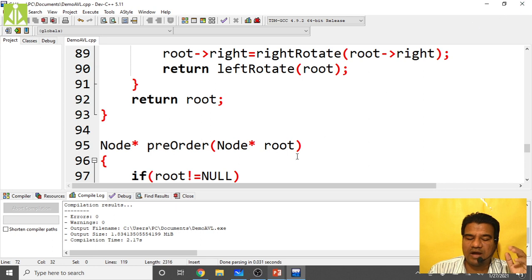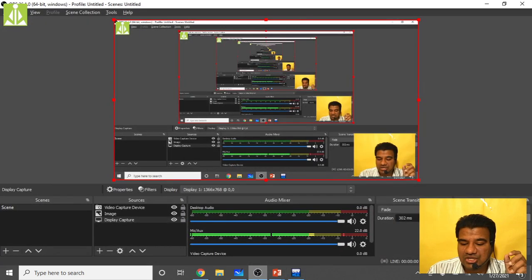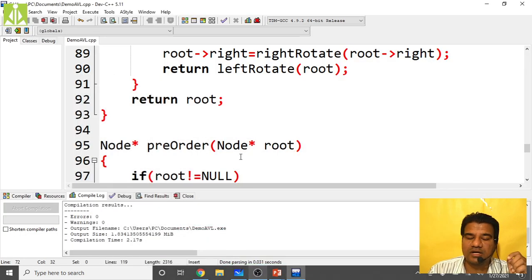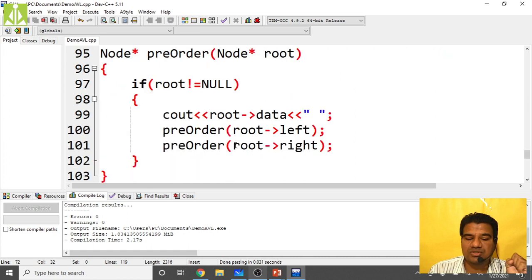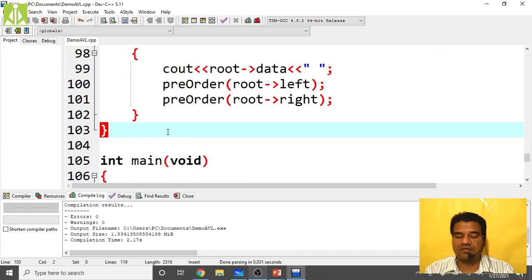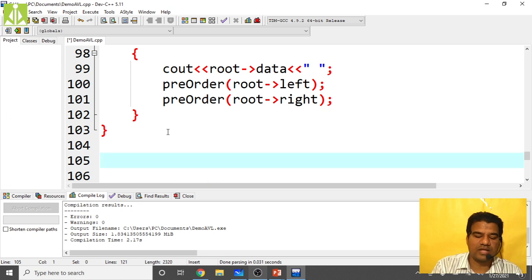Now we have to perform the deletion inside an AVL tree. Whenever you are performing the deletion, we have to make sure that the tree stays balanced before and after the deletion, the balance factor should not change. Even after deleting a particular node from the AVL tree, that thing we have to make sure. So I'm writing the code for that one.